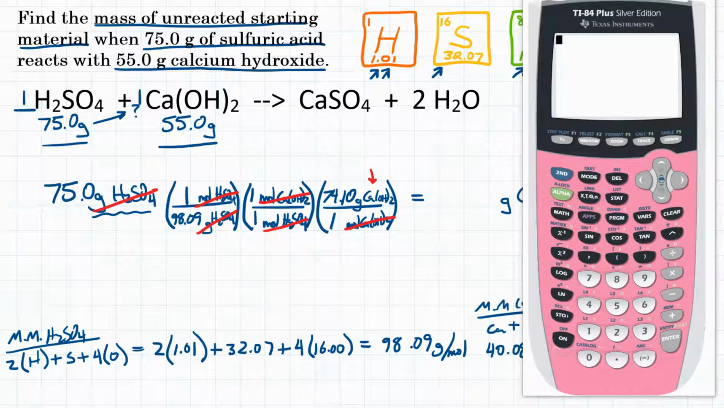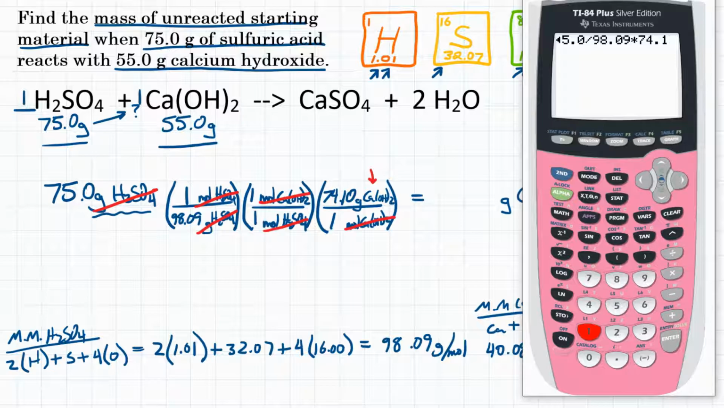So we're going to start with our 75.0 grams, and we are going to multiply by the top and divide by the bottom of each conversion factor, ignoring anything that's a 1. So we're going to divide by 98.09, skipping the second conversion factor because it's 1 on top and 1 on bottom, and then multiplying by